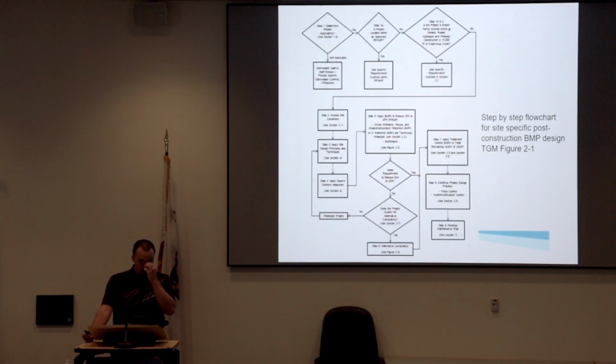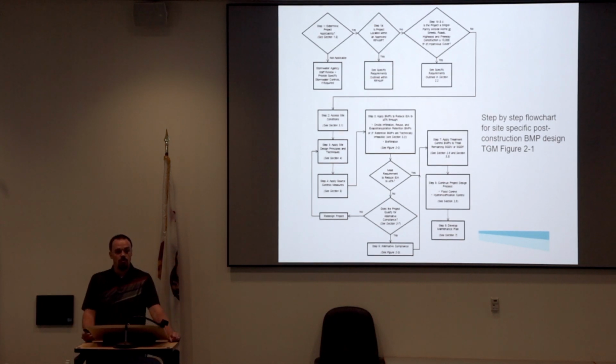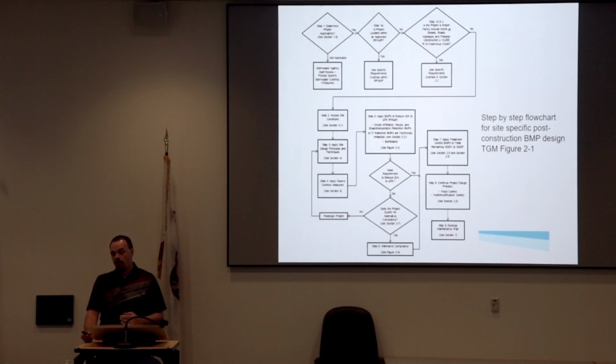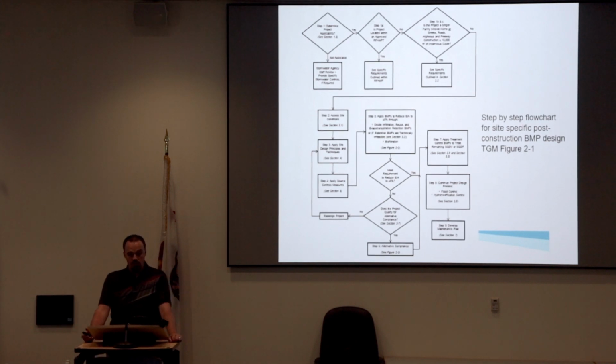This is figure 2-1 of the TGM. So this outlines the 9-step process within the technical guidance manual for appropriately sizing BMPs in any project. Step 1 is just applicability. Does it apply? Any of those 10 new development or the redevelopment applications? So those are the first steps there. The second steps are site conditions. Oh, sorry. So here's the applicability in the top, and then site assessment is 2, 3 is design principles, 4